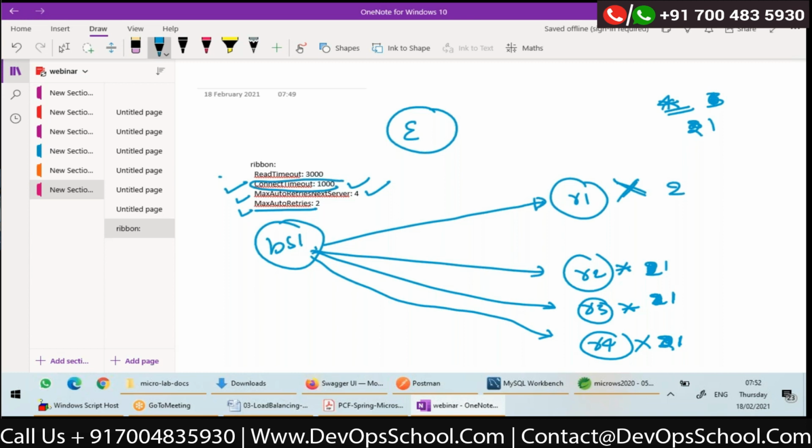Now it is possible that this first instance may be up. Maybe because of a temporary network problem, the first call was a failure. Now it might be up. So booking service will retry again to the first instance, right? Okay, let's say it is down. So number of retries remaining is 1. But what about here? It became 0.